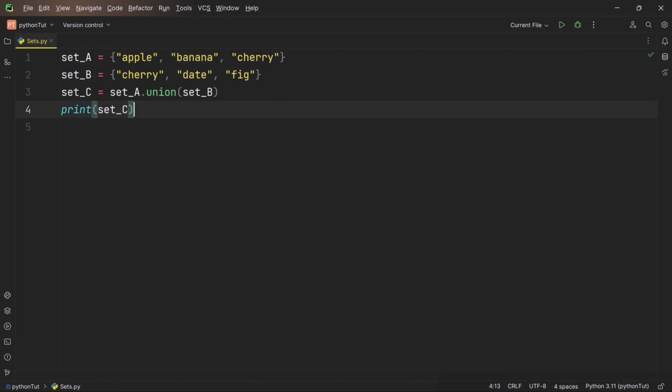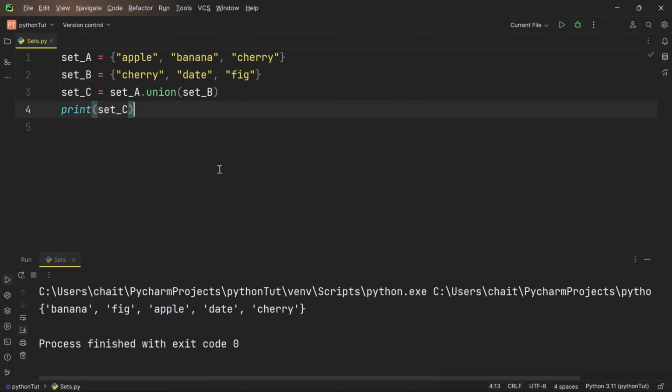It includes all the unique ingredients from both set A and set B. All right, it's time for some magic. Let's cast a spell by running this code and see the enchanting result waiting for us in set C. What mysteries lie within? Let's find out. Voila! Behold, we now have a collection that includes items from both sets, and it's clever enough to exclude any